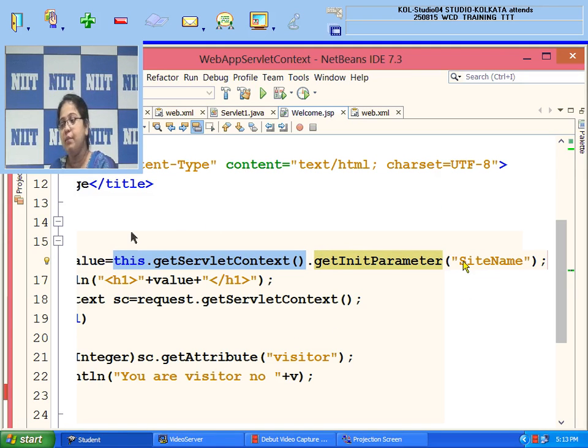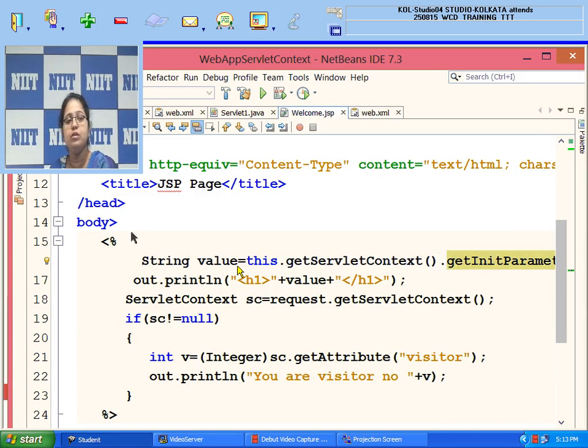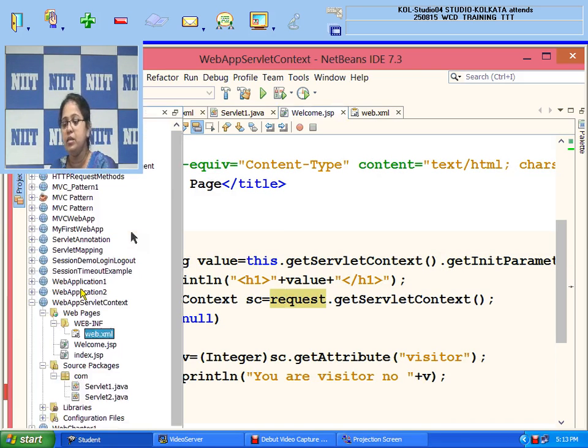So we are denoting the parameter of the entire application. Now this application parameter is the context parameter, which is known as site name, as we are accessing that site name and providing a value to it. So let's say the site name value was Linetree, which got retrieved out here in the value variable, and we are printing it, right? So if we run this demonstration, we will be able to see that